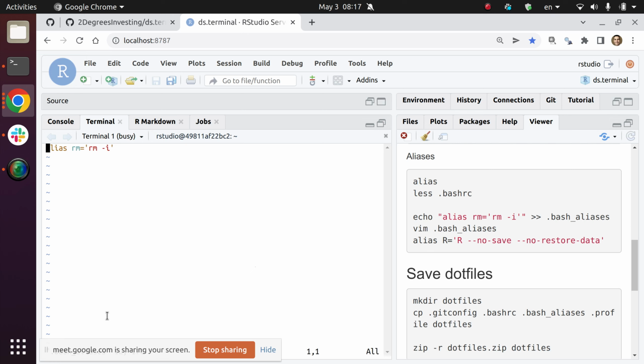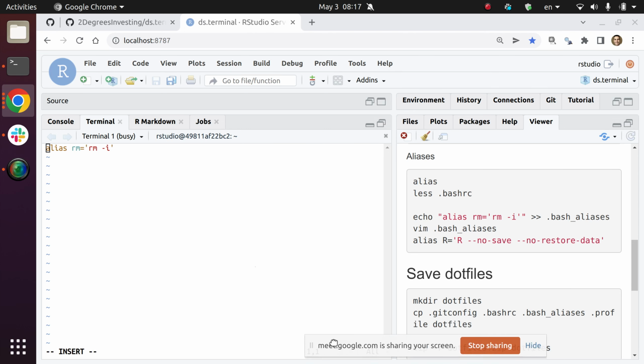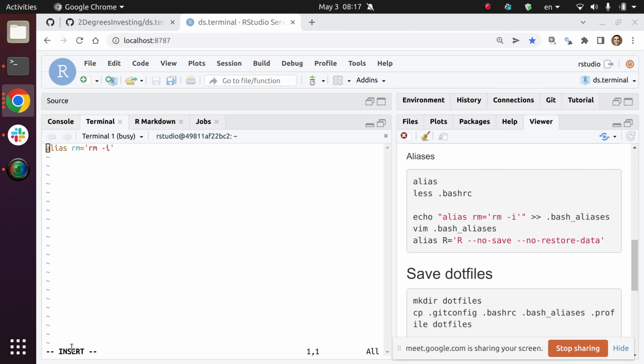So vim has, as I said last time, two modes. You enter the program in what's called the command mode. It's not the mode in which you type text. To start typing text, you have to enter the insert mode. So you type the i, and that will make you fall in this insert mode. Here you can see that there is the word INSERT. That means that I can now, for example, jump to the end with the End key. I can press enter and go to a new line, and I can start typing something like alias